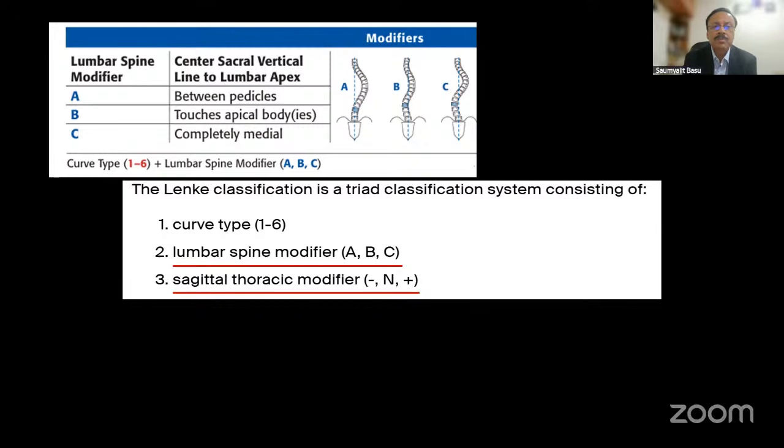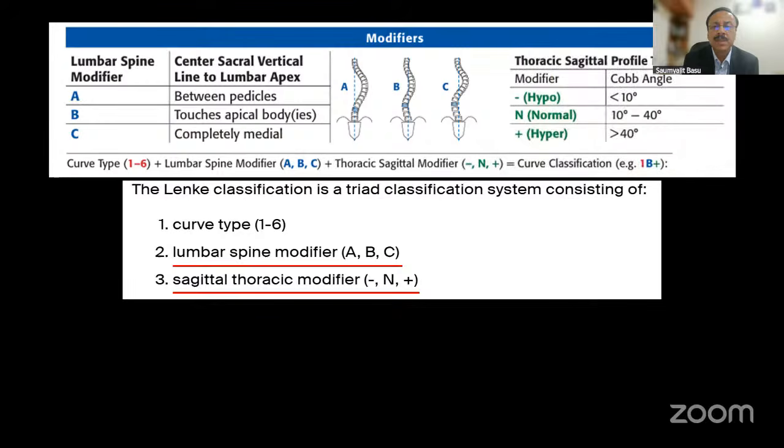The CSVL should be touching the apical body or bodies in lumbar spine modifier B. And if the CSVL is completely medial to the lumbar apical vertebra, it is type C. And in this type C comes the maximum controversies in distal LIV selection. The thoracic profile also needs to be considered when you're really considering your distal LIV, because the